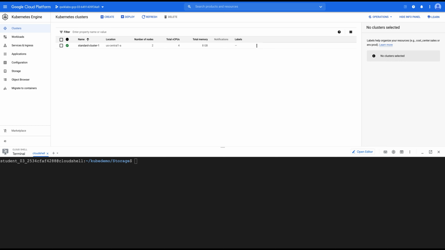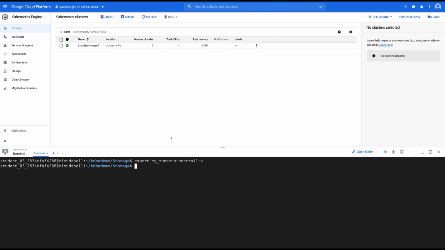As always, I'm going to set up a few environment variables with export. First I will set my zone, and I'm going to set it to us-central1-a.